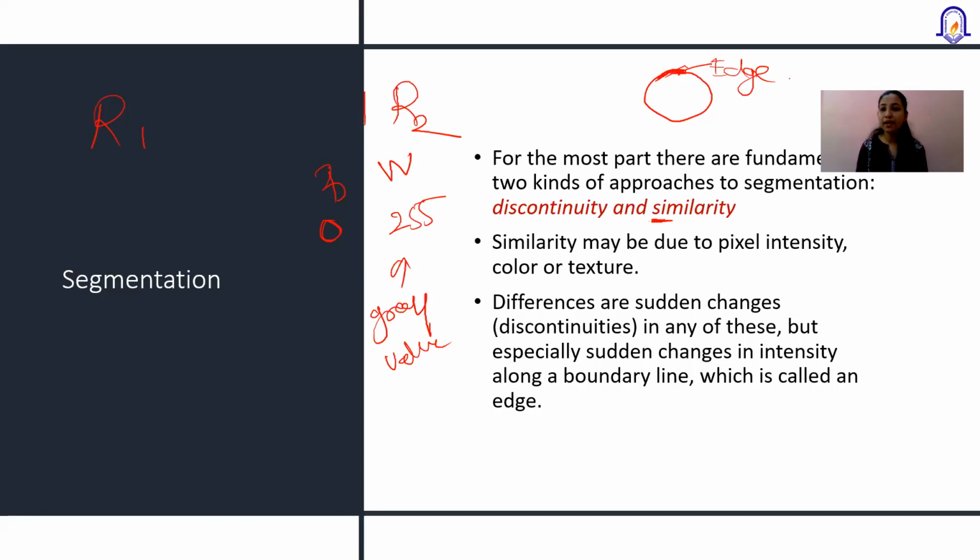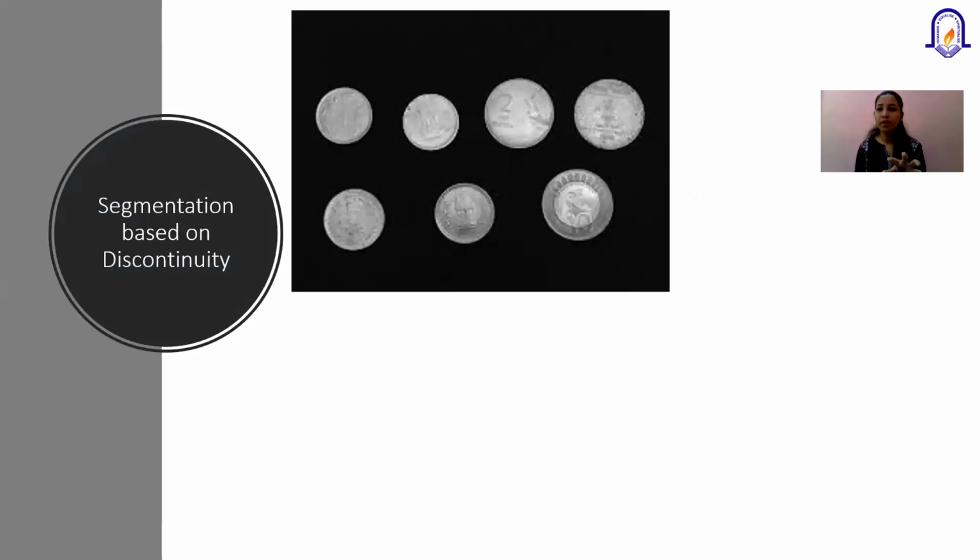To detect this edge or to detect this object, the basic concept is segmentation, but in segmentation you will apply different algorithms to detect either an object or an edge. So first of all we will talk about edges. Let's take an example. There are lots of coins kept here on a black background. We can see one color is black, another color is silver.